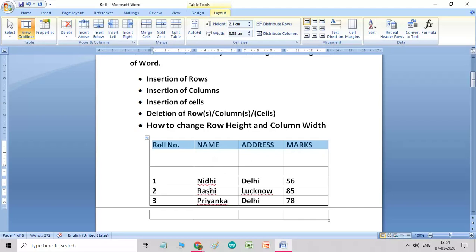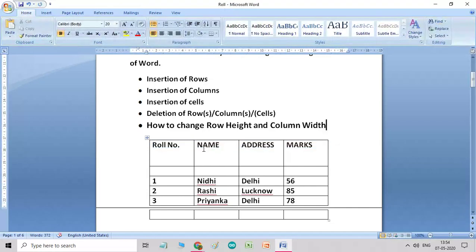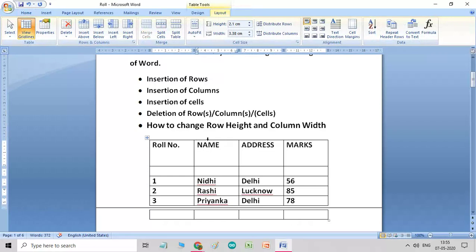The other option is changing column width. Just simply select the column whose width you wish to change. So I want to change this column. I will keep my arrow on the top of the column edge and as soon as I click the left mouse button, the column is selected.